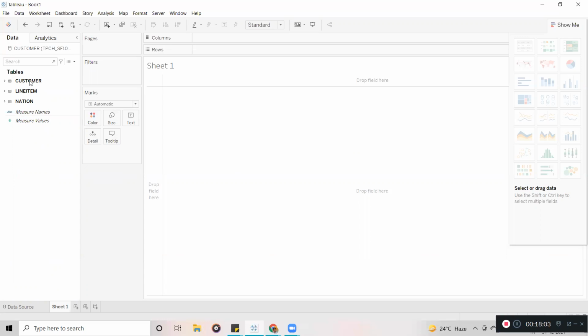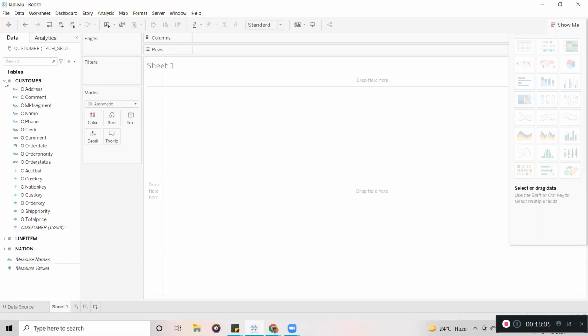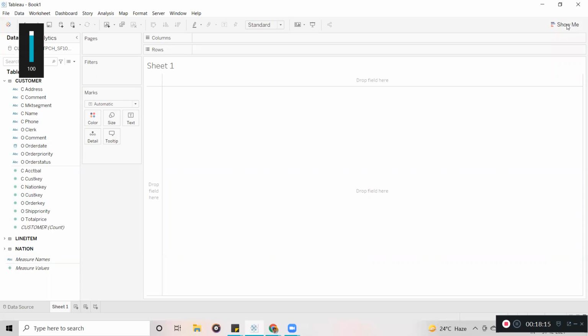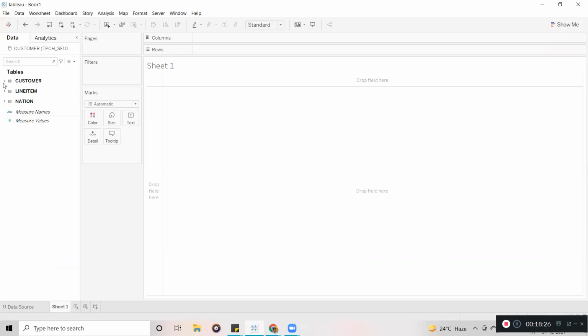So now, if for example you want to create a visualization, it will take a lot of time, because behind the scene we are having a huge set of data. So if I want to work quickly on this, then what we can do is limit the data. First thing, you can limit the data, or you can first extract the data.